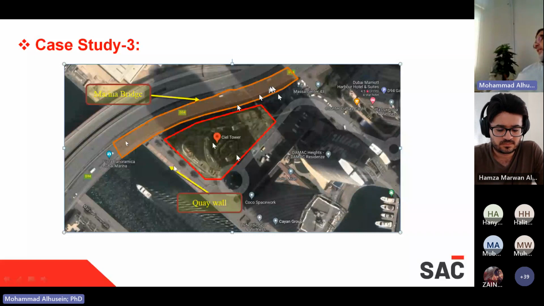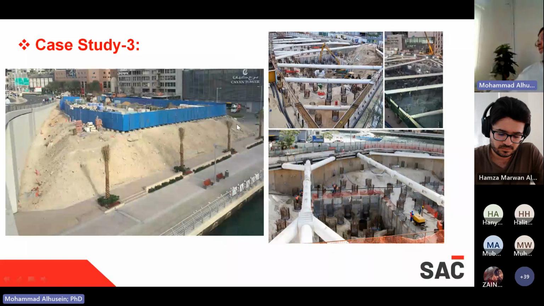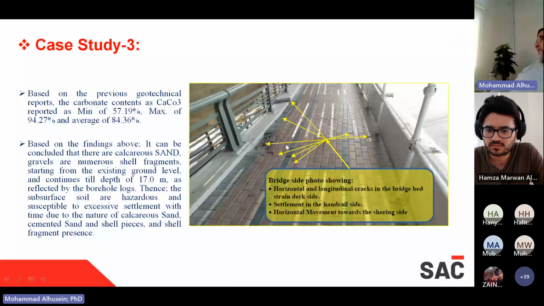So the client said, okay, the tower here is settling and taking the bridge with it. This is before constructing, this is during the shoring. This is the subsidence, the defects, the cracks everywhere. When we did the detailed investigation, or detailed assessment, referring to the existing soil report and doing some geophysical lines to identify the subsurface soil,